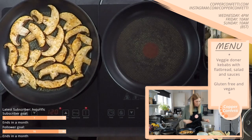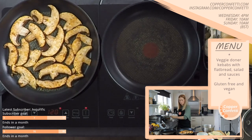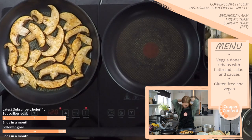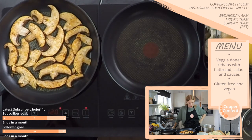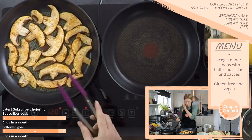Right, so it's going to take me a couple of batches probably to do this, just so that I can make sure that it's all getting an even cook. And then, so I think I want to do this immediately. Can't remember how I did it the last time. I'm going to give it a wee minute, just to get the heat through. And then,